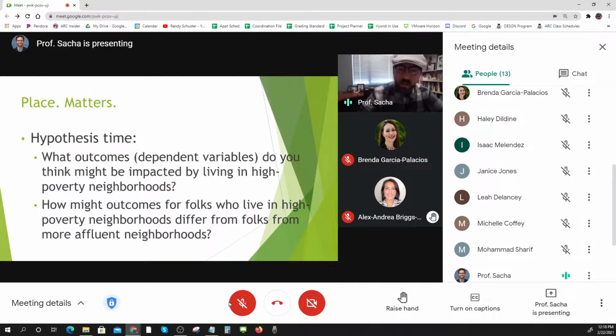Related to physical health and the kinds of healthcare needs that a high fat diet or a diet consisting of processed foods might create down the road. Absolutely. Good. Other things, other distinct life experiences that folks might have who grow up in a high poverty neighborhood compared to a non-high poverty neighborhood.